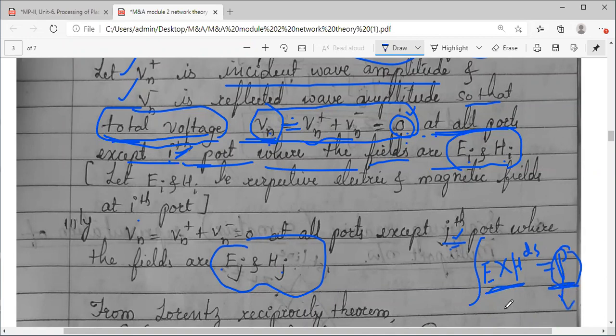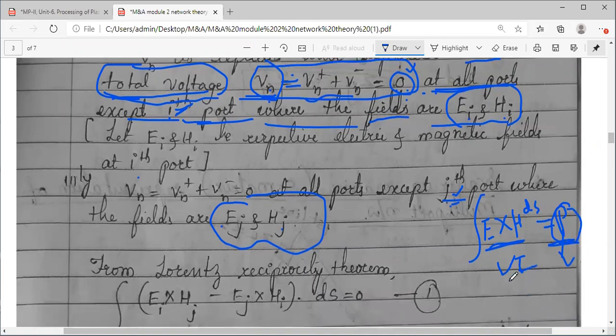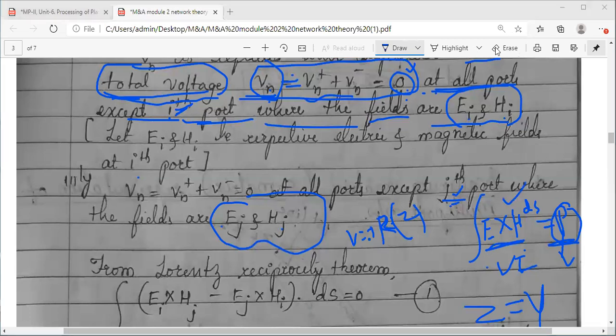If I have power, I can take P equal to VI, and in turn, for either V or I, I will take Kirchhoff's law, V equal to IR. From this I can get resistance, which is nothing but impedance, so either Z or Y. So at the end, I want Z equal to Y. That's why I am considering these electromagnetic fields. Hope you understood why I have started my derivation towards the fields concept, because I'm making use of the Poynting theorem.